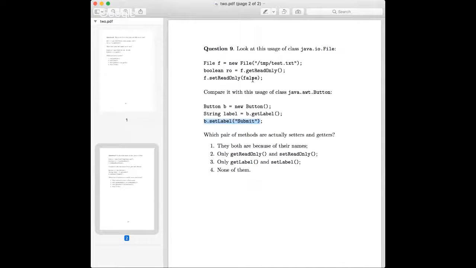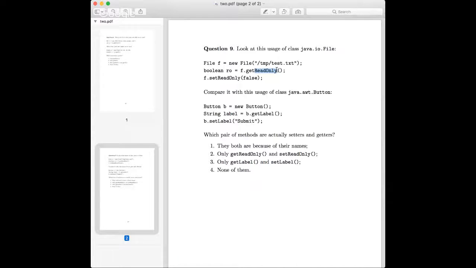Again, it depends on what's going on inside those methods. We don't know for sure. We have what we have. We're just looking at the surface, at how it's used, and we can't really tell, but we can assume. So in the first scenario, when we do get read only, most probably this read only attribute is not really an attribute of the file.